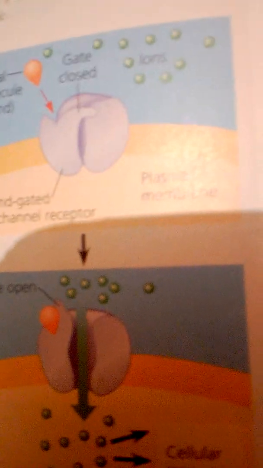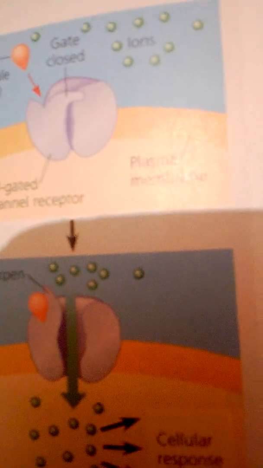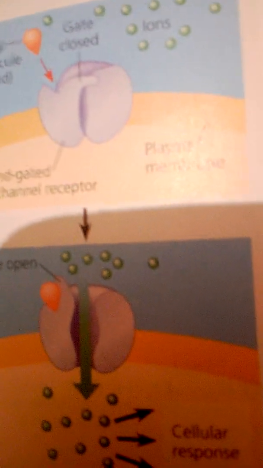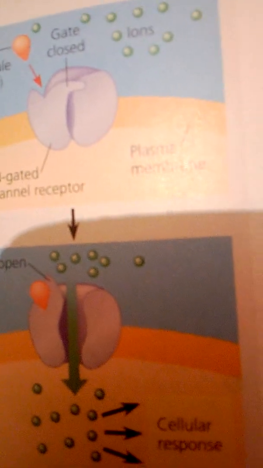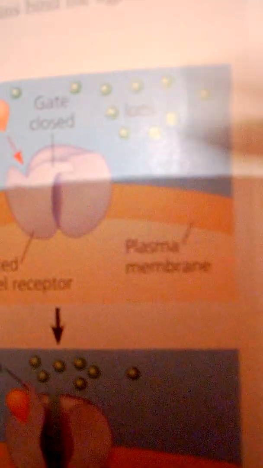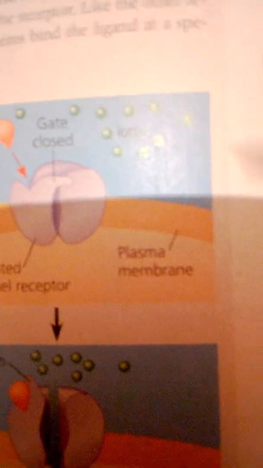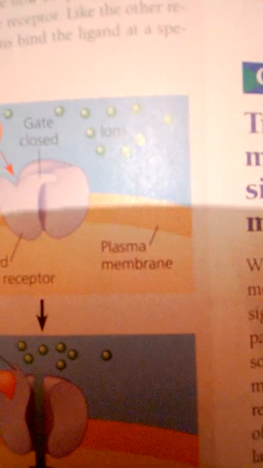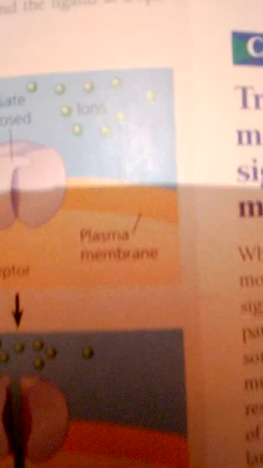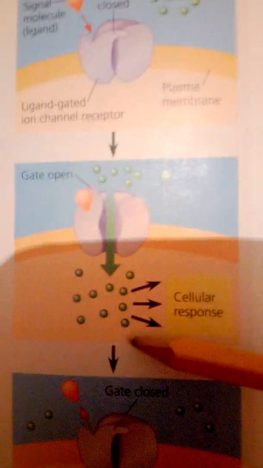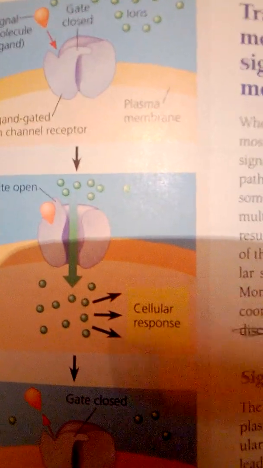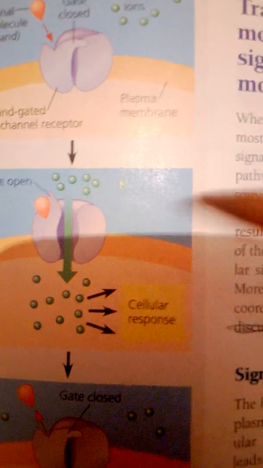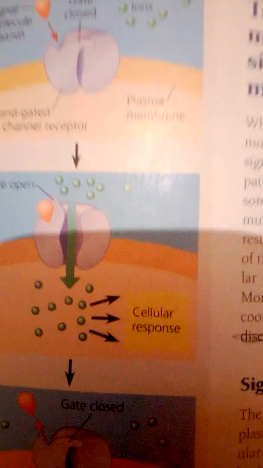Like the other receptors we have discussed, these proteins bind the ligand at a specific site on their extracellular side. Notice picture 1. Here we show a ligand-gated ion channel receptor in which the gate remains closed until a ligand binds to the receptor. Picture 2. When the ligand binds to the receptor and the gate opens, specific ions can flow through the channel